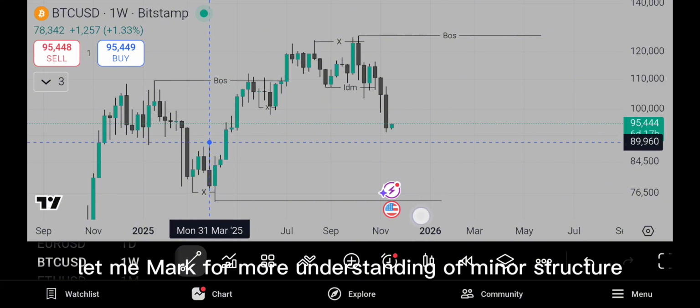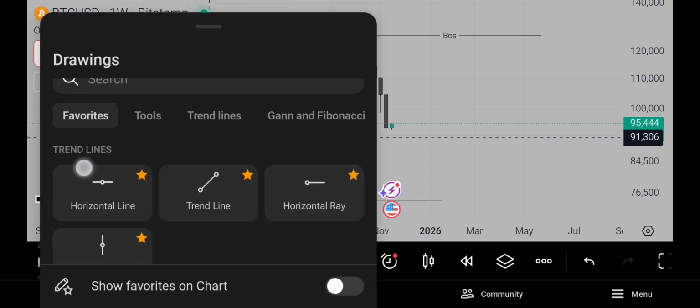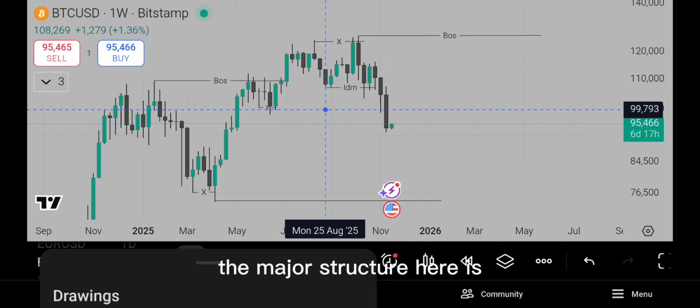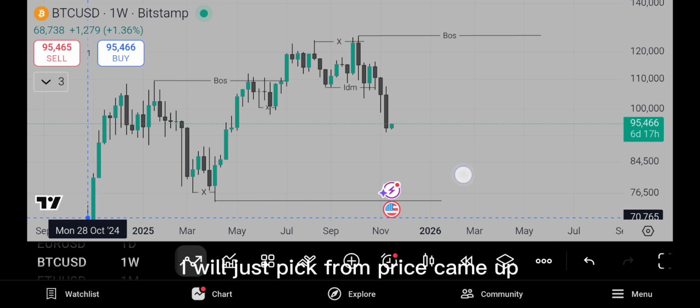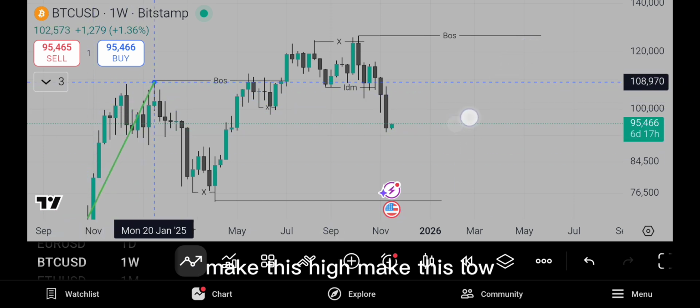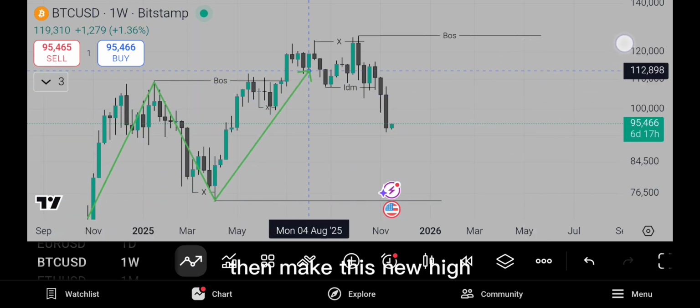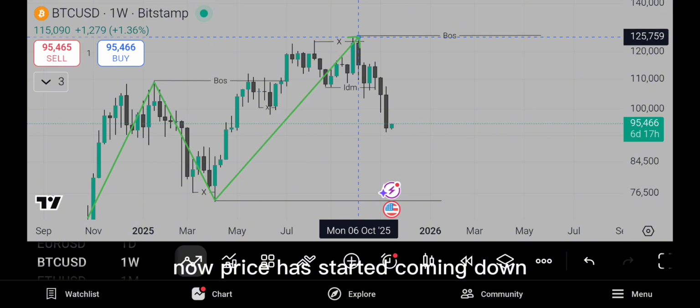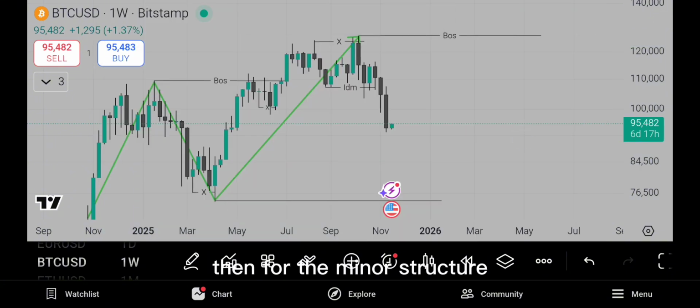Let me mark, for more understanding of minor structure and major structure, the major structure. The major structure here is, I'll just pick from where price came up, made this high, made this low, then made this new high. Now price has started coming down. This is the major structure. Then for the minor structure,